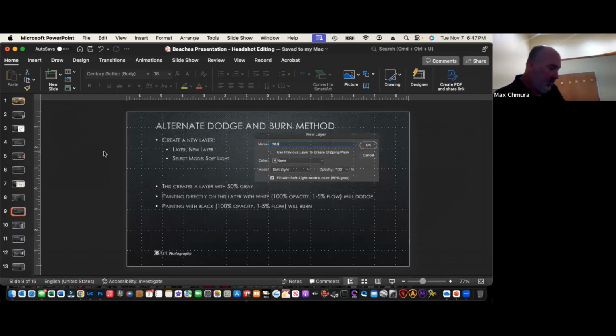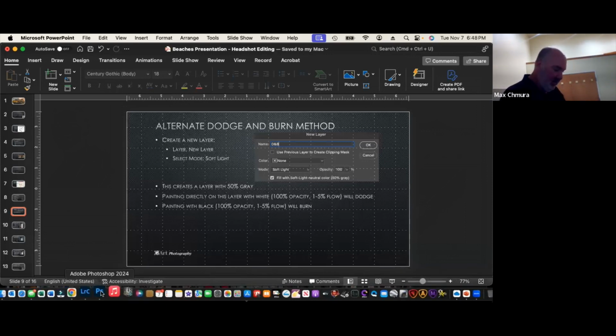All right. So an alternate dodge and burn method, which you might find a little bit simpler, is this. You create a new layer. You call the layer dodge and burn. You tell Photoshop you want it to be soft light. Then this little dialog will pop up and say, you want to fill it with a neutral 50%. And you say yes. If you do that and you paint directly on that layer with white or with black, you're dodging and burning. So you're not touching your image at all,